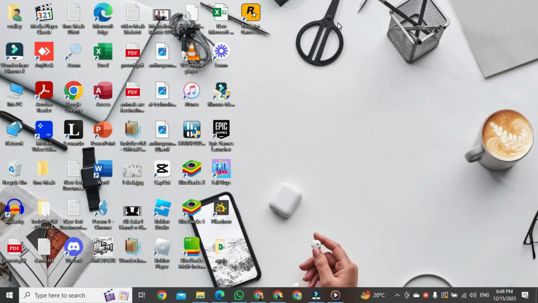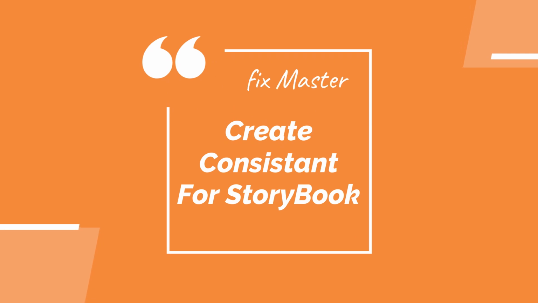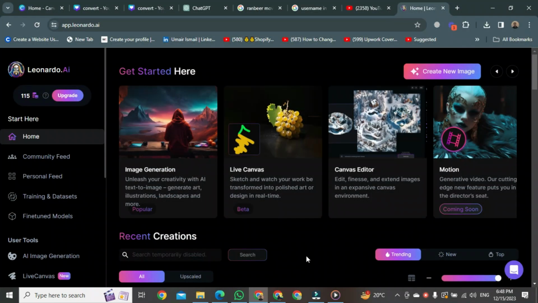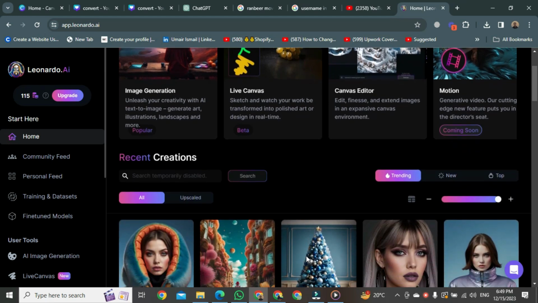Hey everyone! Today, I am going to show you how to create a consistent character for a storybook with Leonardo AI. First of all, we want to open any browser. Once the browser is open in front of you, here we will just log into Leonardo AI. Once you are logged in, we will see how we can create a consistent character for a